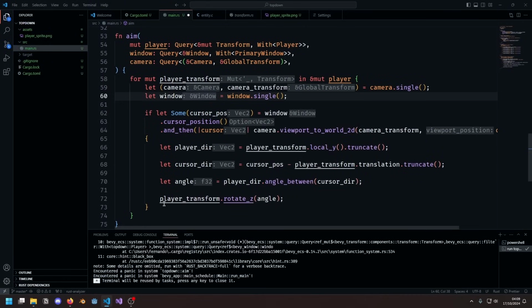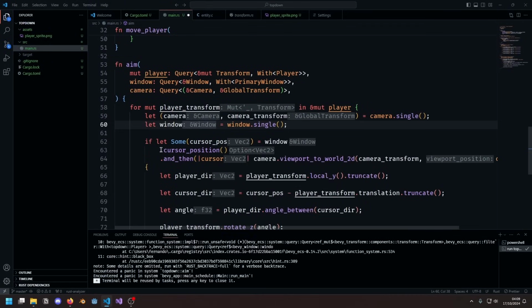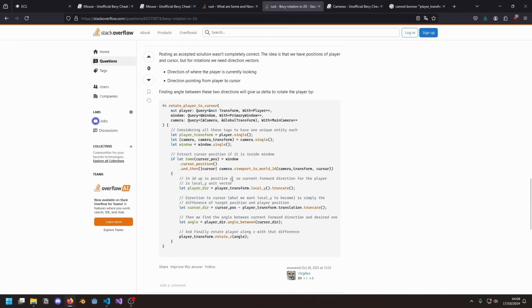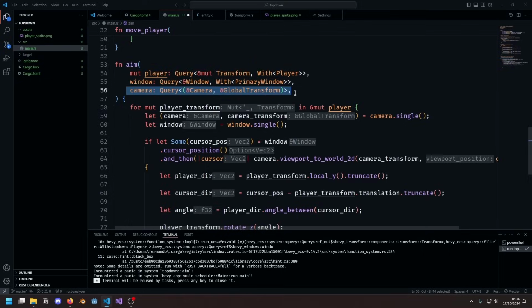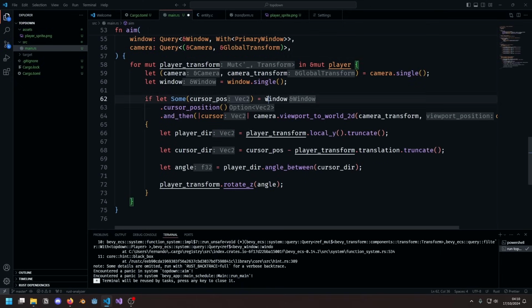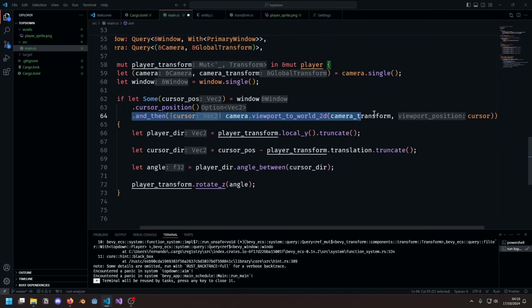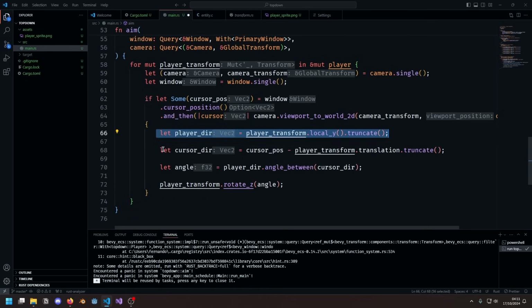It's been 2 hours of tinkering, and I have arrived at this final result. I borrowed from this gentleman on Stack Overflow, and the idea is that we get the window and the camera through queries, and then we use the window to get the cursor position, and we use the camera to convert that into 2D coordinates. And this gets the direction that the player is facing by getting the local Y and truncating to